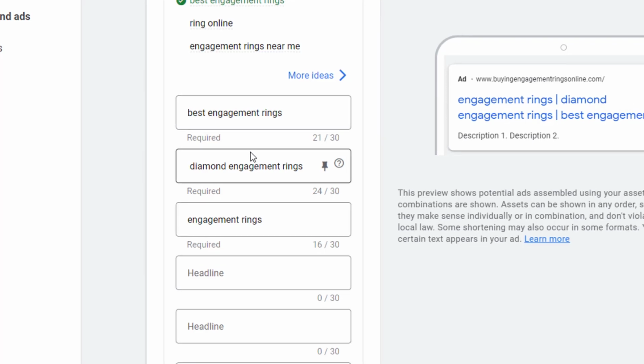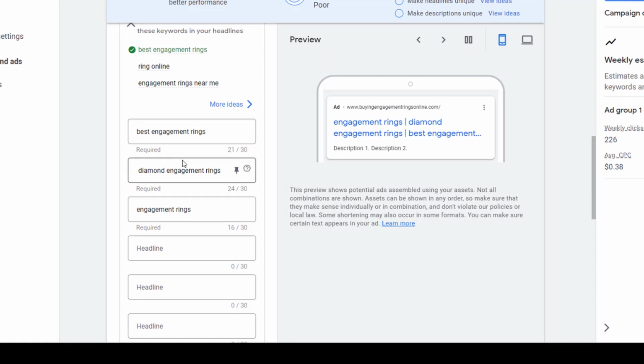You can start by mentioning the keyword in the first sentence and then going into detail about the features of your ring, the quality of your diamond, and any other selling points that you want to emphasize.